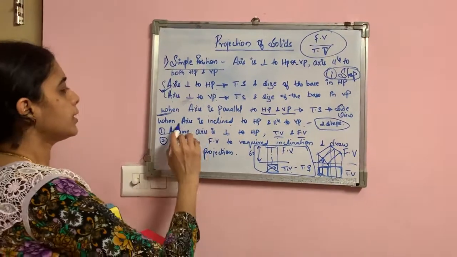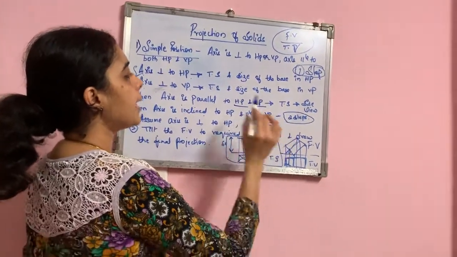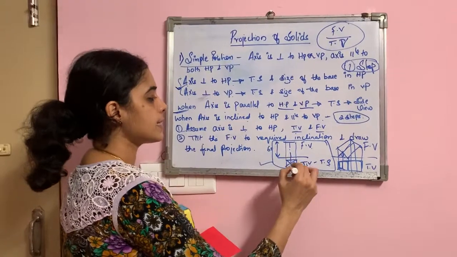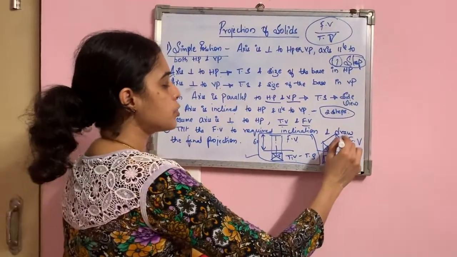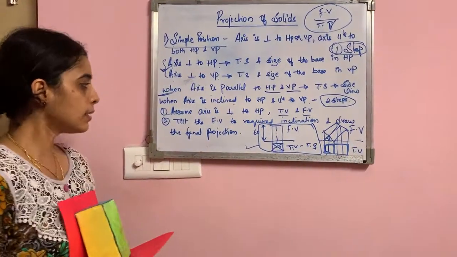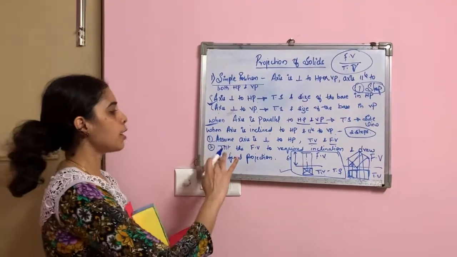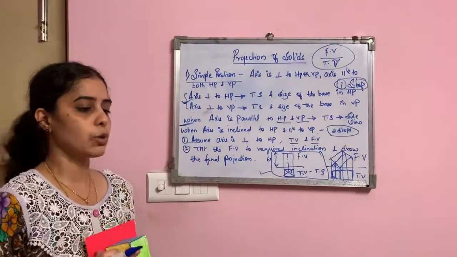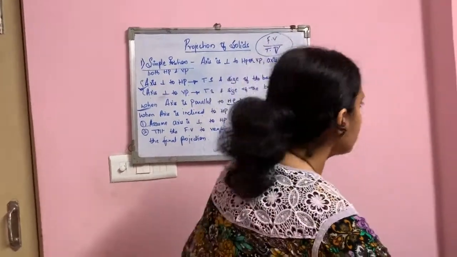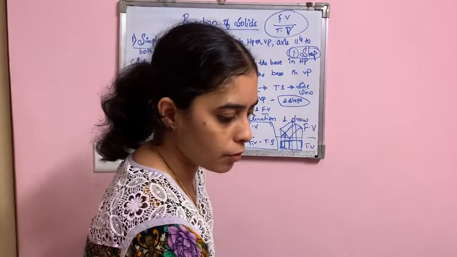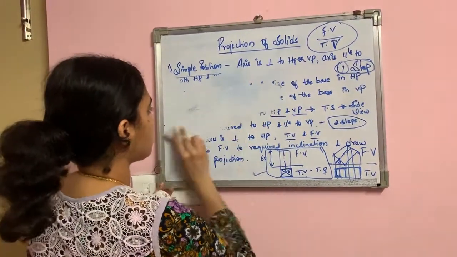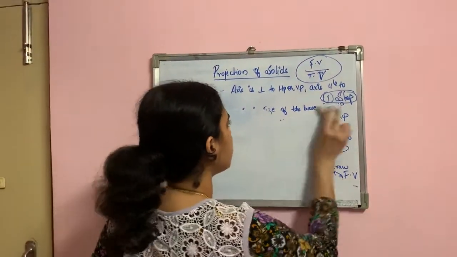So here, when the axis is inclined to HP and parallel to VP, it will be a two-step problem where you will first assume that the axis is perpendicular, and second you assume that the axis is inclined to a particular angle. Then you will trace out the front view and the top view. Okay, so this is about the second position. How does it look like? And then there is a last position that I have to explain. So that will cover the 3 stages. I'll just show you the last step, how the position will be.